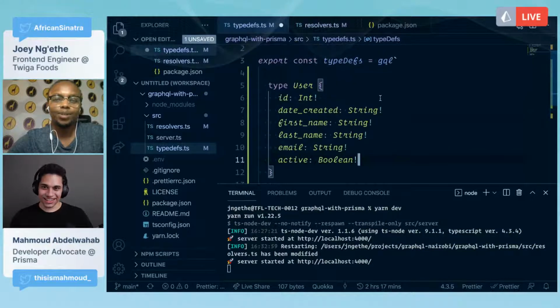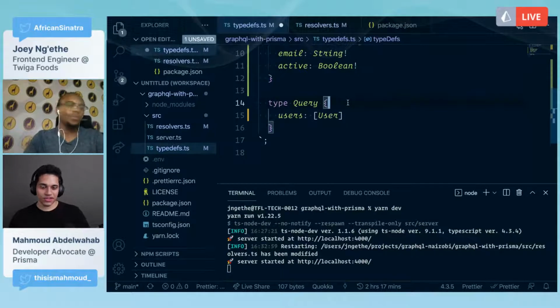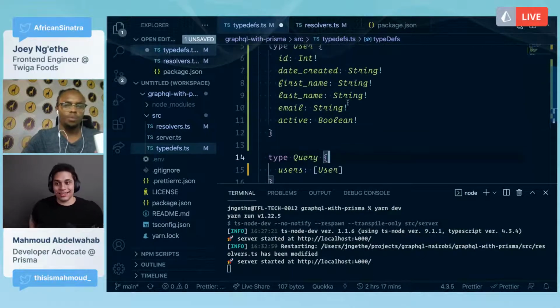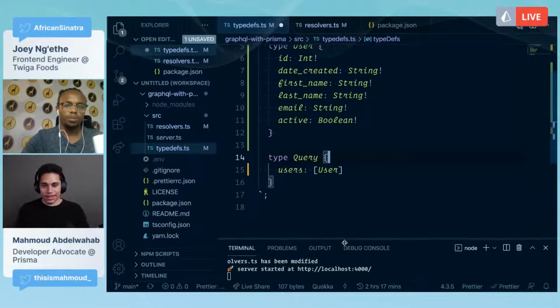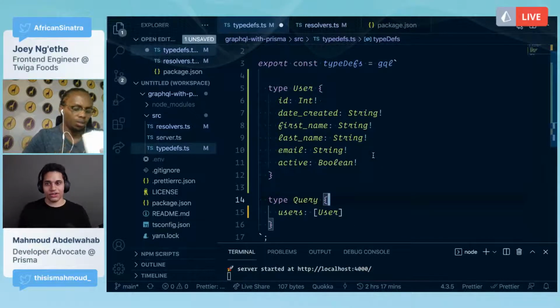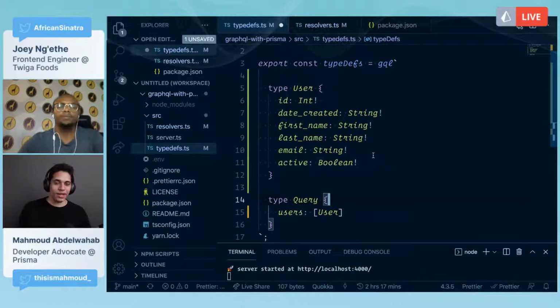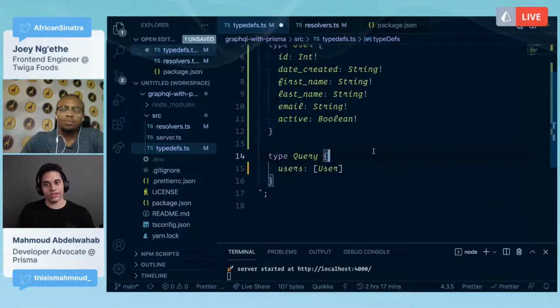Can I just recap what we just did? Right now we're still working on the schema. We haven't actually written any logic yet. We're just defining what our schema looks like. We have a user type, and we added a couple of fields. All the fields here are non-nullable, so they cannot be null. That means when we're executing a query, we have to return something. And then for the query type, we have users. Previously we had a query called hello. Now we'll have a query called users, and it should return an array of type User.